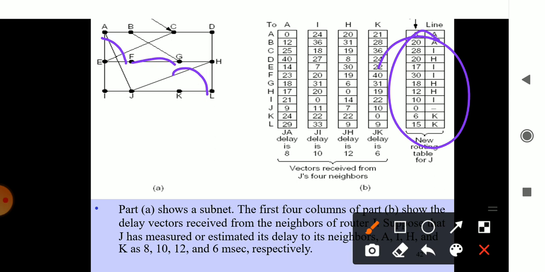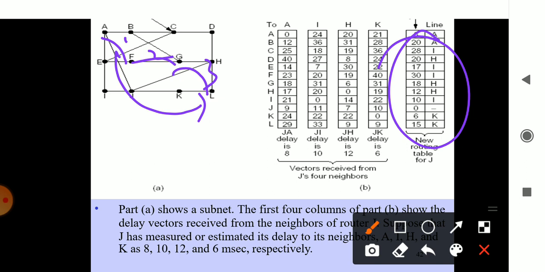That is dependent on the hop and on the delay factor. So I may count, okay, A may be taking 1 count, 2 count and 3 count to reach the destination, that is L. Like that each and every time. It is not the time which is being considered, it is the hop that will be counted, and it will be maintained in a separate table to make the information reach the destination.